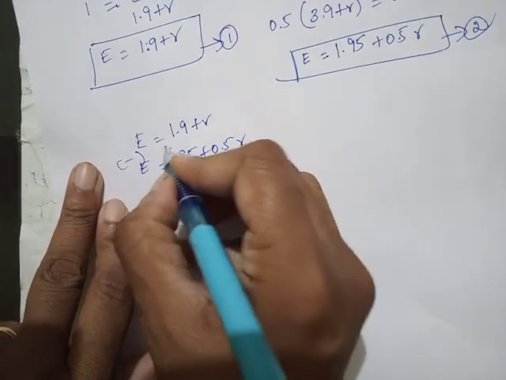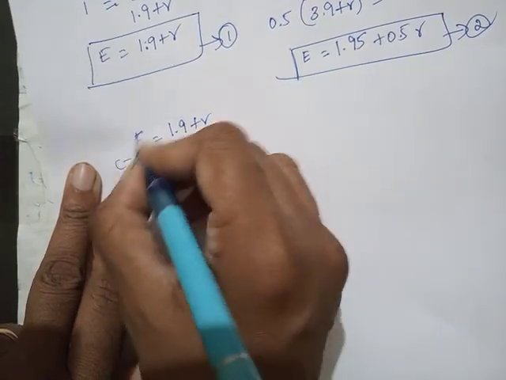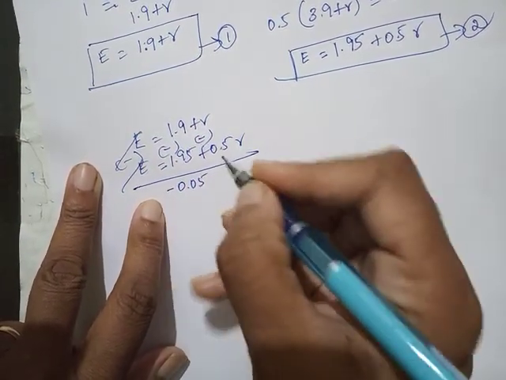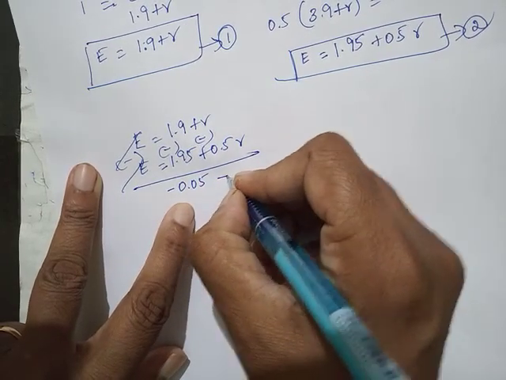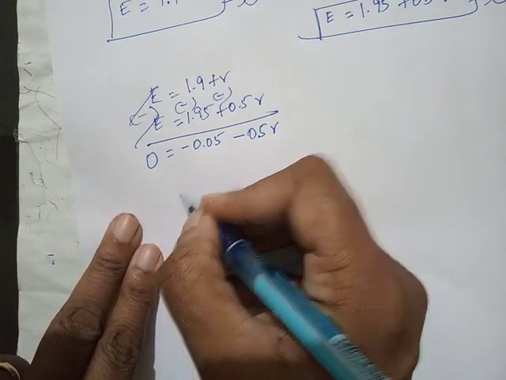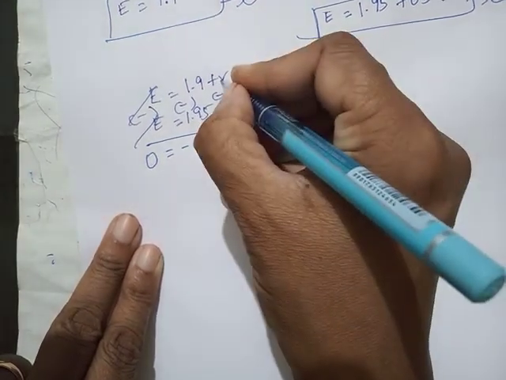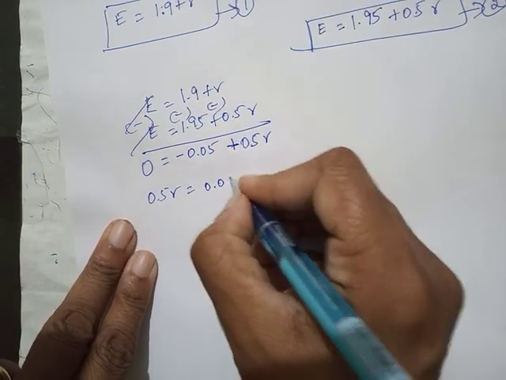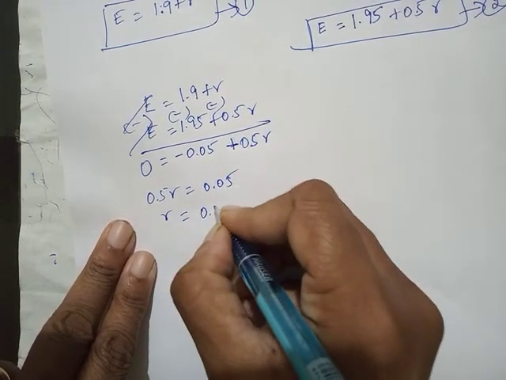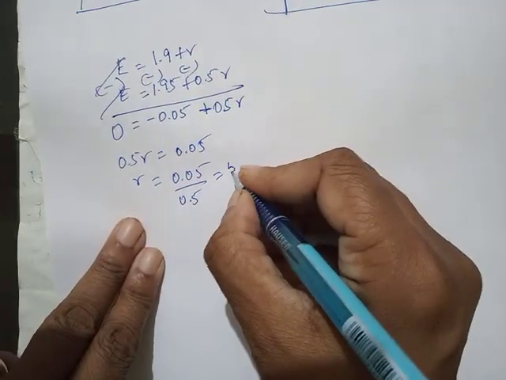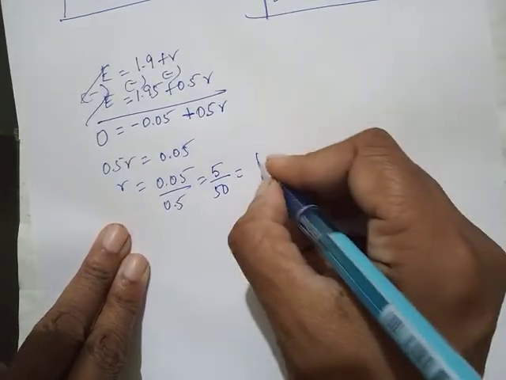You can subtract it. This will get cut. So minus 0.05 minus 0.5 R is equal to 0. Sorry, plus 0.5 R, this is bigger. So 0.5 R is equal to 0.05, or R is equal to 0.05 upon 0.5. That will be 5 by 50, 1 by 10,